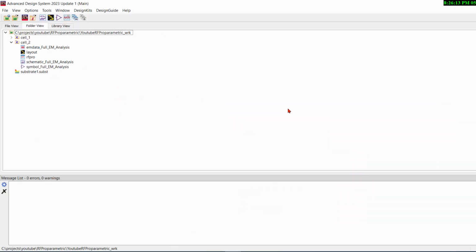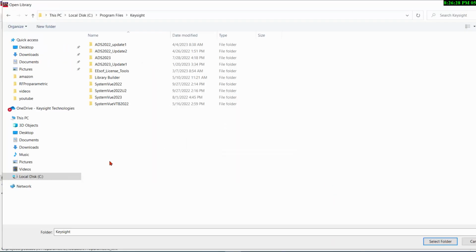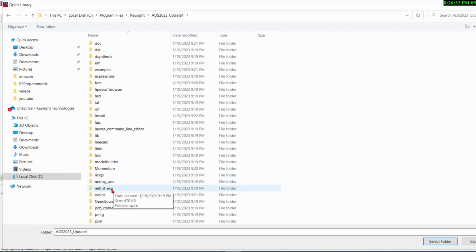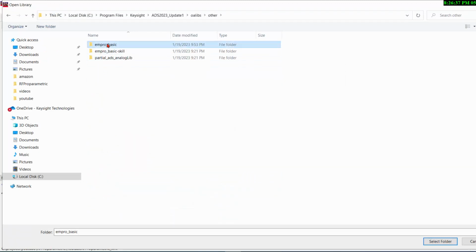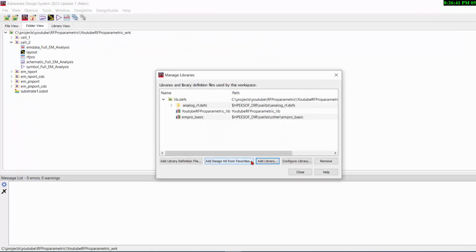Second, add the EMPro library by going to Design Keys, Manage Libraries, and then go to the installation path. Find this location. This will include the EMPro basic library. You will have to do this before you run RFPro so that EM data can be saved to do the